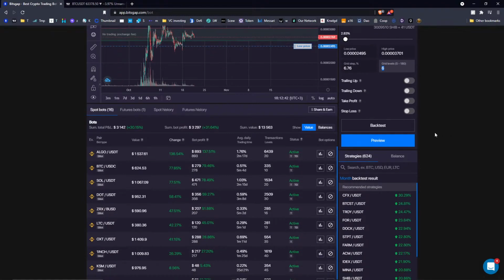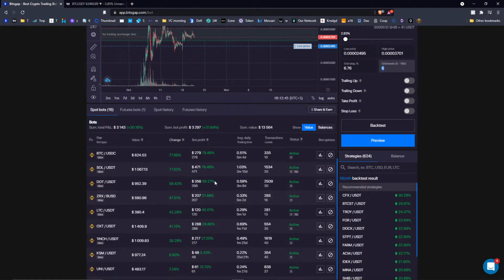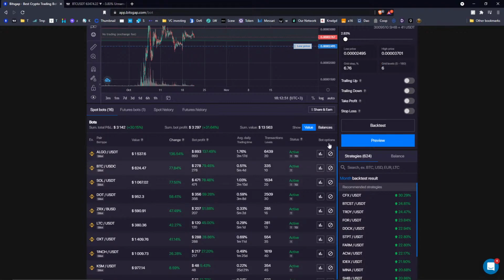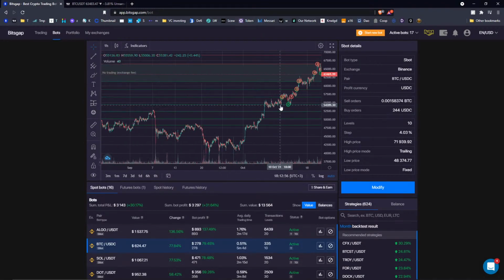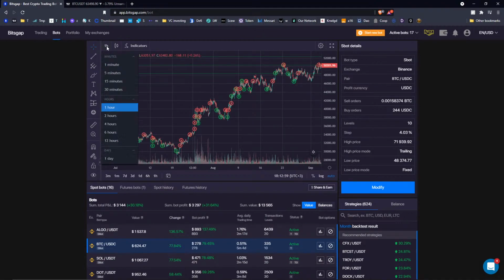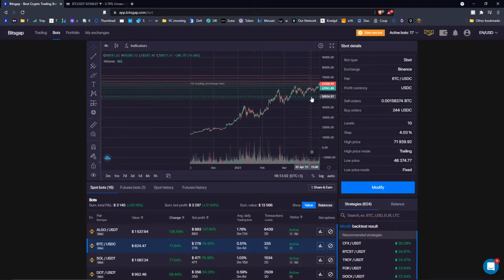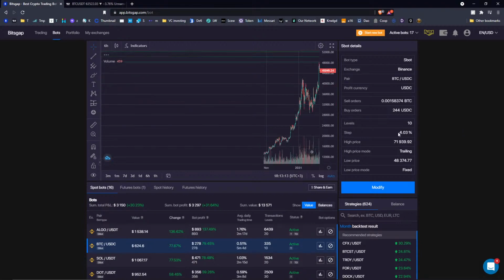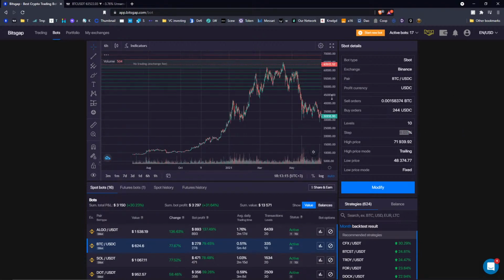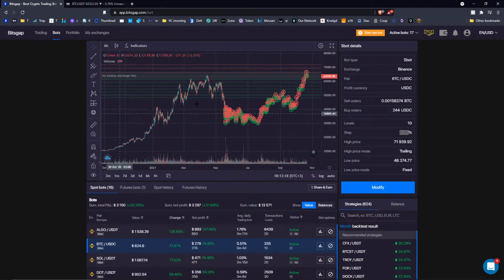But honestly, I never traded with that amount of grid levels. The minimum I ever had, I think, was around 15 grid levels or something. No, actually, I'm lying. It's around 13, as you can see. No, actually 10 on Bitcoin, 10. But the reason why I have 10 grids on Bitcoin is because I really wanted to buy the dip when it was falling down heavily back in May, I guess. That's why I used only 10 grid levels with a step of only 4%, which was a really good outcome in the end. So yeah, that's how you can see it now.